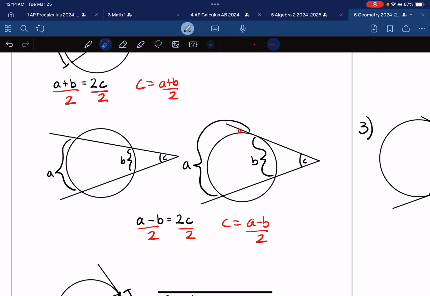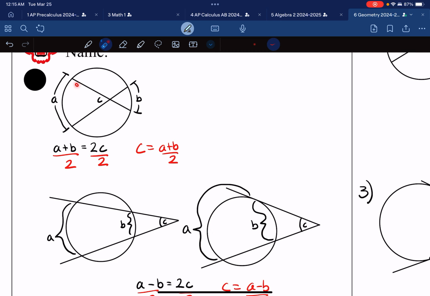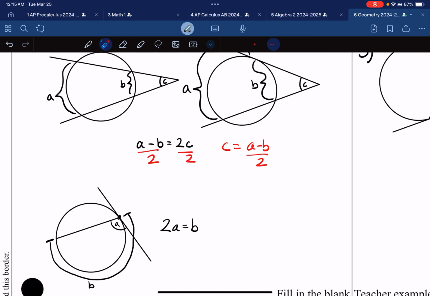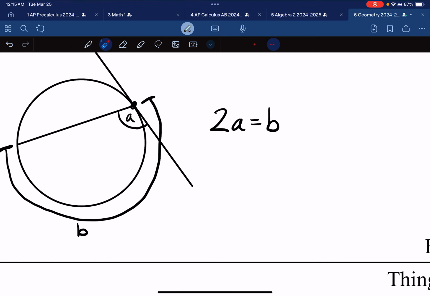So just remember that when I have a big arc and a small arc, and then some sort of angle on the outside of the circle, then it is a subtraction, and anything that's on the inside of the circle is going to be an addition. And then we have this other third new theorem, which is kind of cool